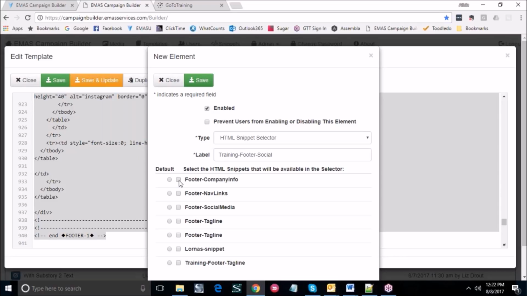Just for the purposes of this example, you can certainly do things your own way or in a different configuration. But for the purposes of this example, what we're going to do is do the same thing. I'm going to select all 4 of those main footer blocks. Footer tagline, company info, nav links,